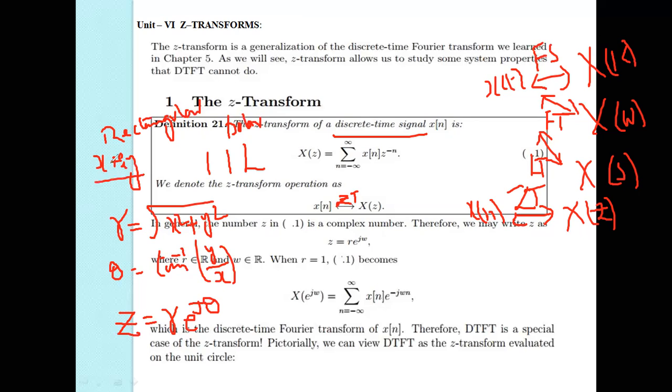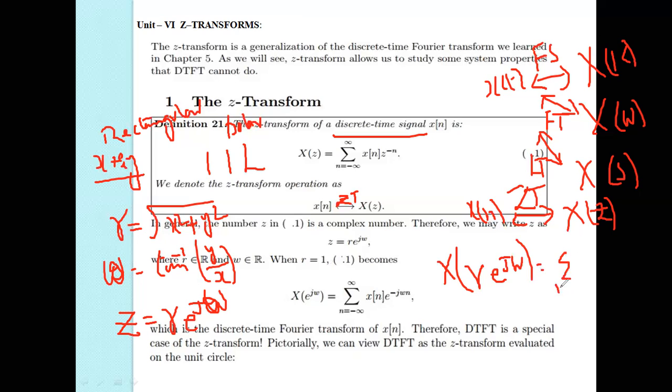The complex number x plus iy, the rectangular form, is converted to the polar form, represented as z is equal to r into e power j theta. So, in the definition, you can substitute that theta here, taken as omega. So r into e power j omega. Instead of theta, let us assume j omega. X of z, in the definition, with z equal to r into e power j omega, let us take